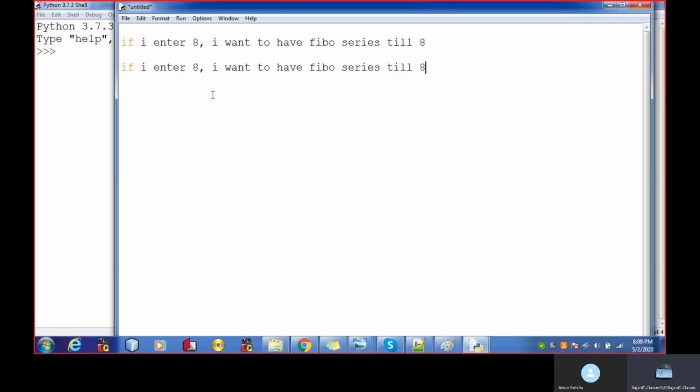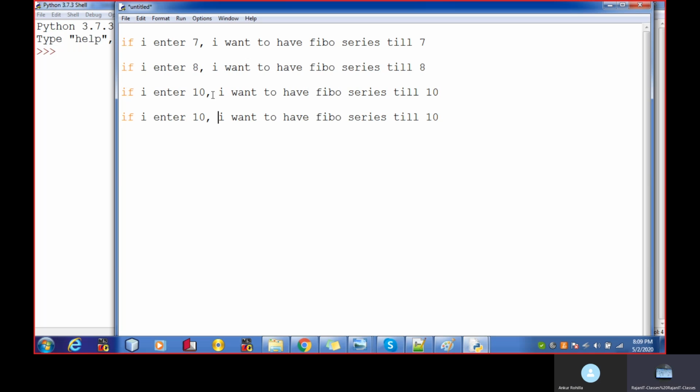If I enter 10, I want to have my Fibonacci series till 10. If I enter 7, I want my Fibonacci series till 7. Did you get my point or not? Yes, yes. Similarly, if I enter 15, I want my Fibonacci series till 15.